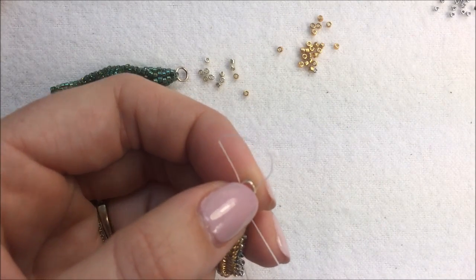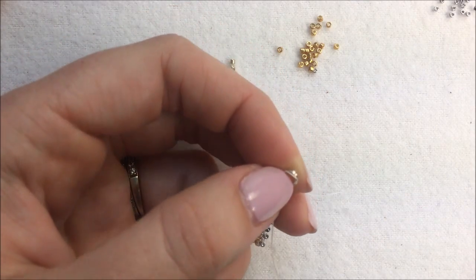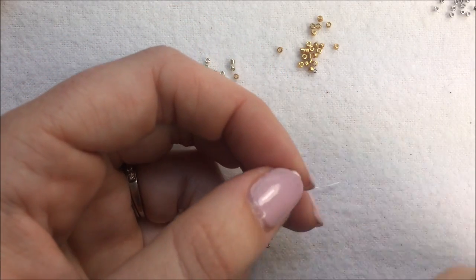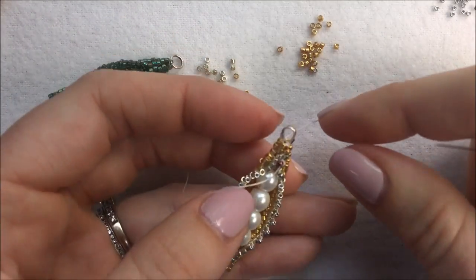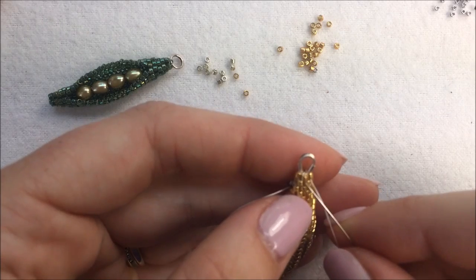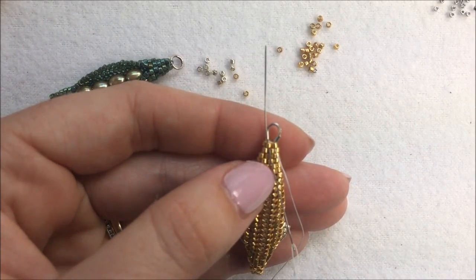Pull that thread nicely, and I usually pinch the wire guard. It's kind of hard to see there, but I pinch it to make sure that the thread actually stays in the groove of the wire guard. You can see it's there. I'm going to sew through the bead next to it in that grouping of 4